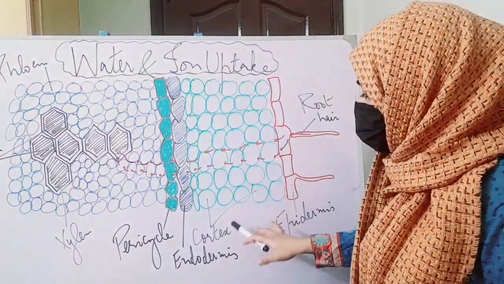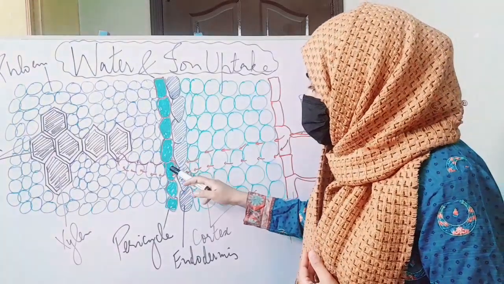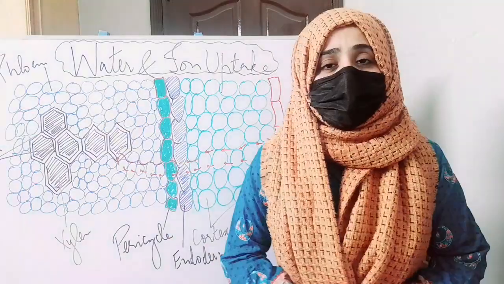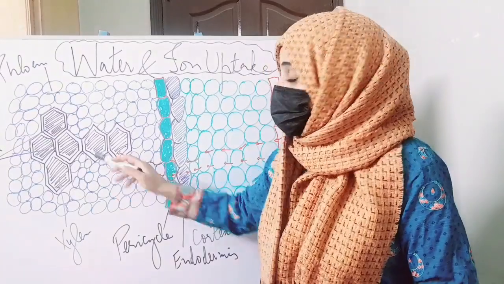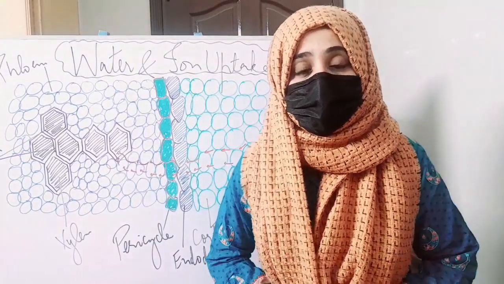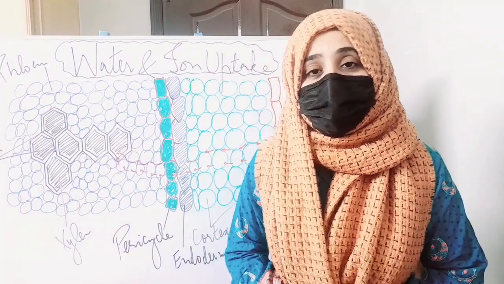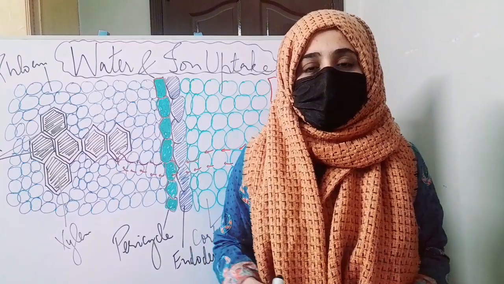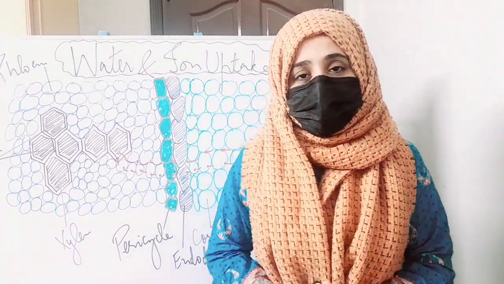So after passing through the cortex, water and mineral salts enter into the endodermis, then into the pericycle, and then finally into the xylem. Once the water enters the xylem, it is conducted to the xylem of the stem and finally into the xylem of the leaves. In this way, the water and mineral salts are conducted throughout the plant body. Plants also form beneficial relations with certain bacteria and fungi, which help them in the absorption of minerals, and